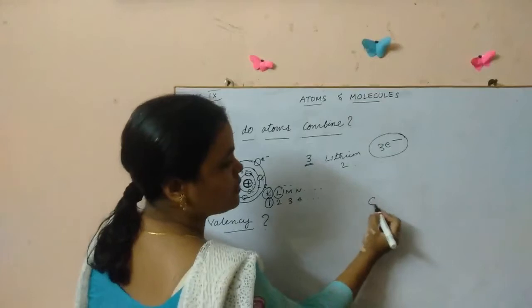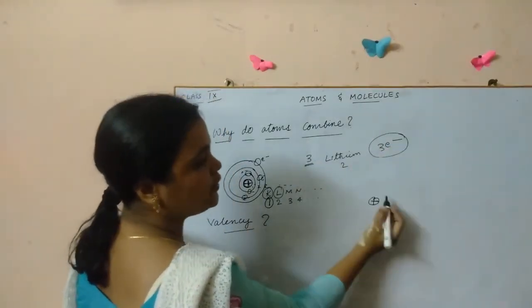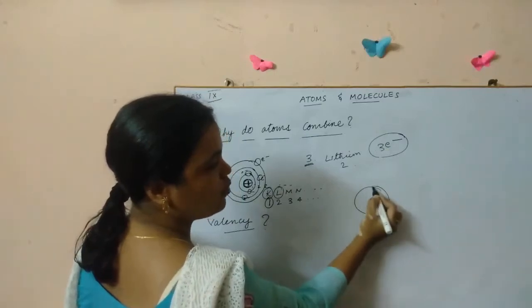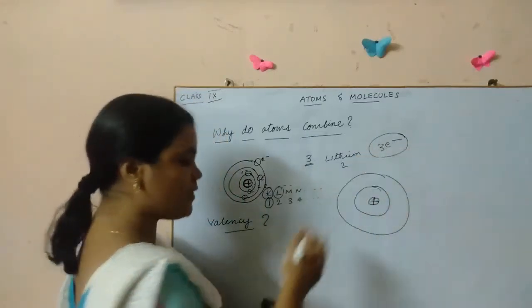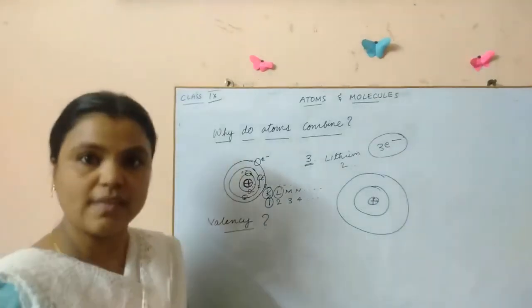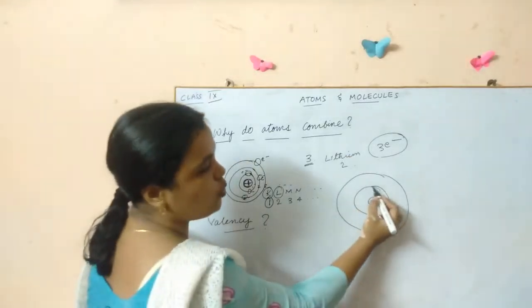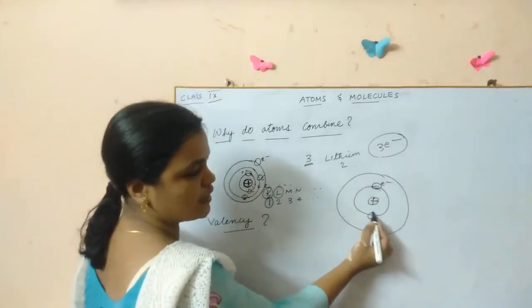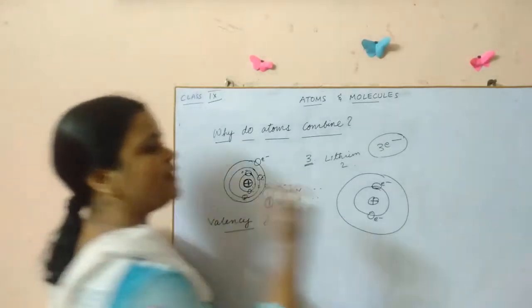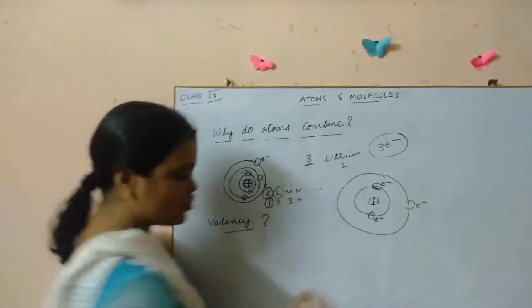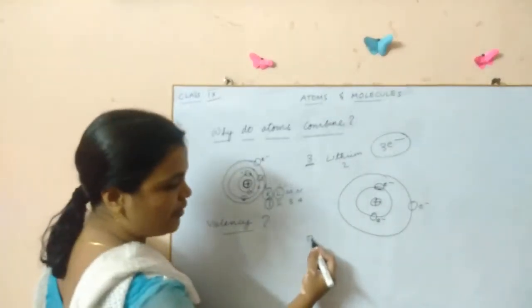So lithium also has a nucleus. Then it has got how many shells, I said? 2 shells. Let's draw 2 shells now. Can you see how many electrons there are all together? Because its atomic number is 3, that means 3 electrons are present in it. Out of the 3, 2 are present in the first shell. And how many are left now? 1 electron is left and that is present on the outermost shell. Did you understand?